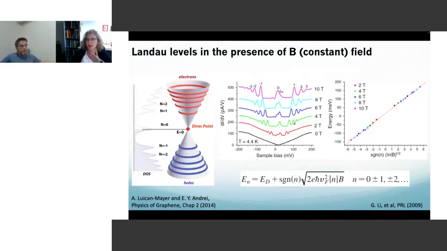I'm just plotting here two sets of experimental data from STM measurements where they check the scaling with the magnetic field, and they check how these bands appear as you increase the magnetic field and how they separate. Now, something that I want to stress in this picture is that, in contrast to the Landau level spectra observed for two-dimensional electron gases, the Landau level spectra for graphene has a zero level. That is, there are states at zero energy, which are the states that exist at these valleys, the K and K prime points here,